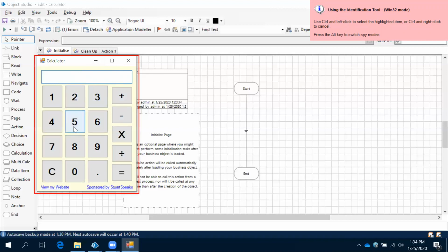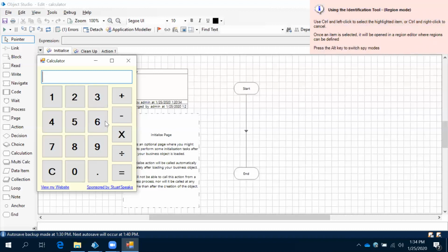If you want to change the mode, you need to click the Alt button to change your mode: UI mode, accessibility mode, region mode. Whichever mode is working, with that mode you can work. Most of the time, for desktop applications, we always go with Win32 mode.